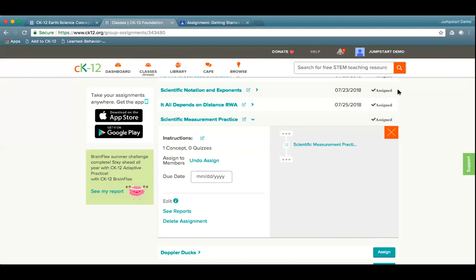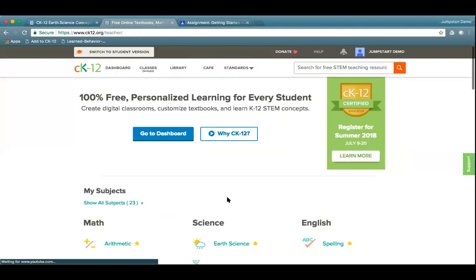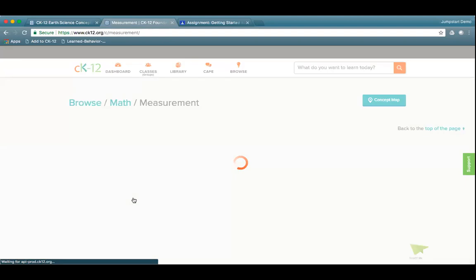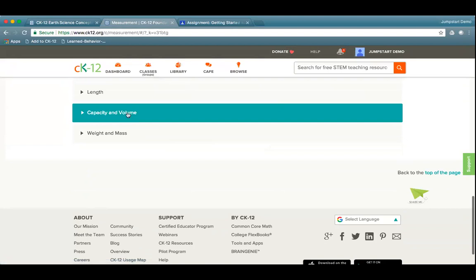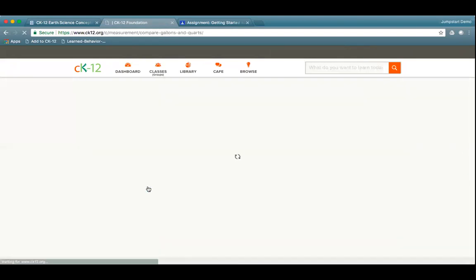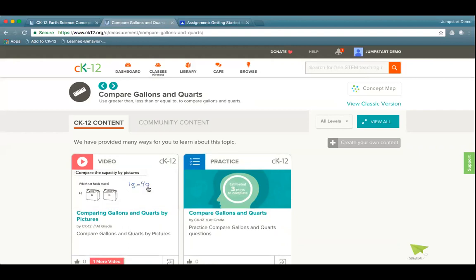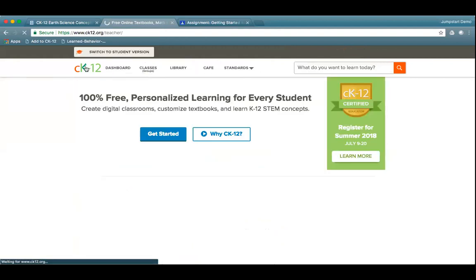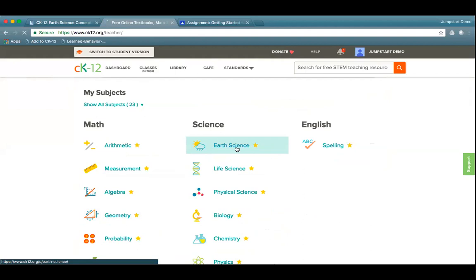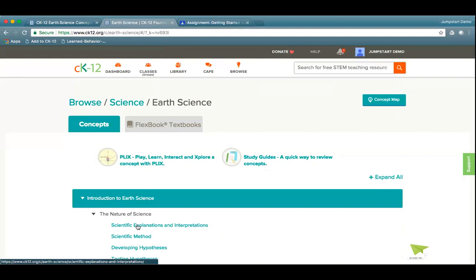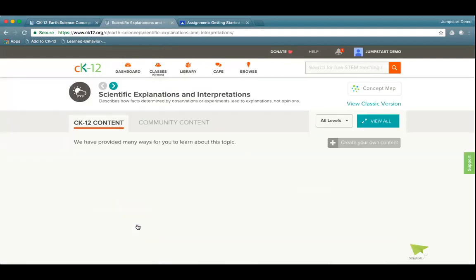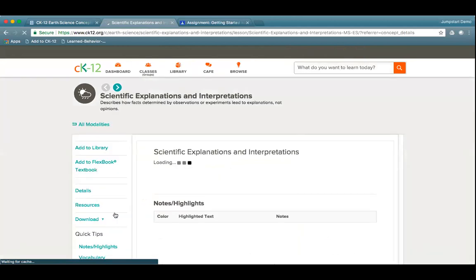And then how much support is there within the resources for English language learners? So we have some options. If I go into any of our reads here, let's pick a read right here. Let's see if we have a text option within this piece. Some of our lower level ones have that video and practice. So actually let me go to a higher level one that actually has text, or even our elementary resources for science that are text. But any of our text modalities, you could go down to the bottom.